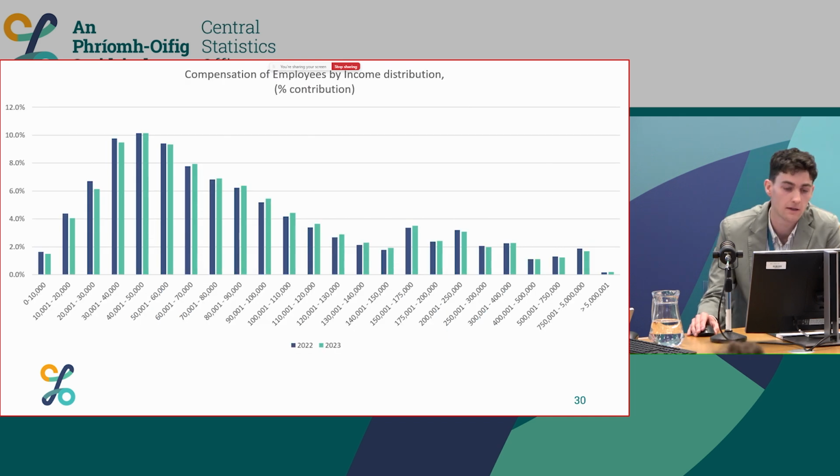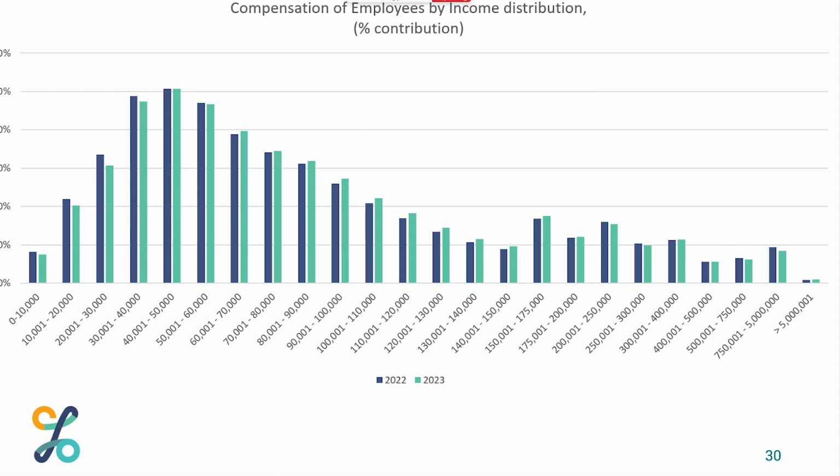And finally, we're going to look at the income distribution. Again, this is a new thing, and it's just trying to lean into that rich data source that we have for COE, the payslip level data from Revenue. So here on the x-axis, we've broken COE down into income brackets, and on the y-axis we have the percentage contribution to total COE within each of those income brackets. Looking at this at a glance, we can look at the shape of the distribution, and clearly the bulk of COE, around a third of COE, is coming from those between 30